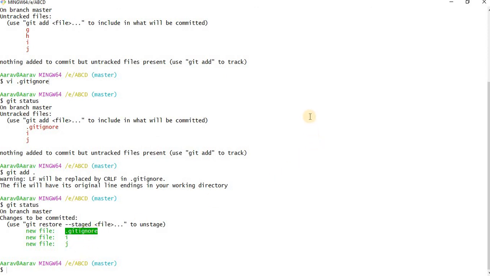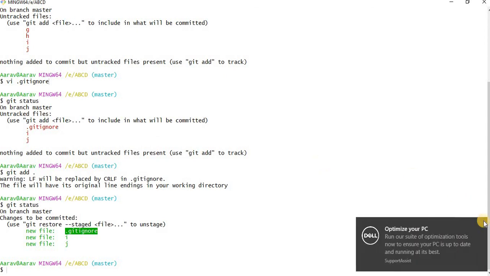If you open .gitignore, you can see the file names G and H, but you cannot see what is inside G and H. Let's say in all these files I have written some code. Under A I have written some code, inside B some code, inside C some code. So from A to J, for every file I have written some code. You're done with git add, you're done with git commit. From the local repository to the remote repository, you can do git push. Once you push, there you can see all these files A, B, C, D, E, F, I, J.